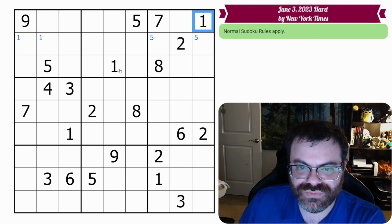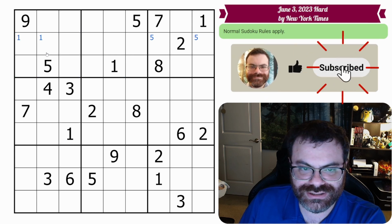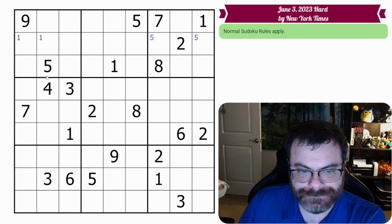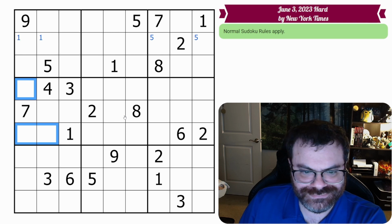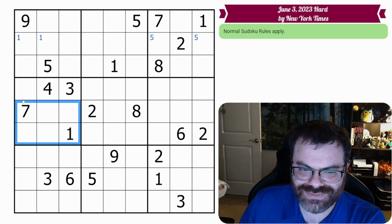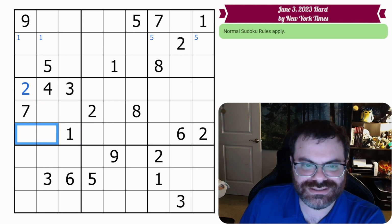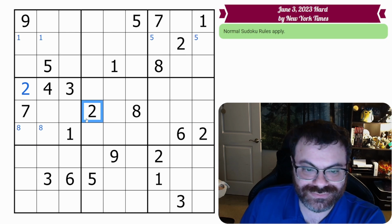Let's see. So we have the two ones here. That means that one is one of these two because one's also here, taking out of here. All right, 2 and 8 need to go somewhere in this box, and they don't go here. So they're somewhere here, which I'm going to mark, but oh, sorry, I didn't notice the 2 here. Yeah, so the red markings have told me that 2 is actually placed here, and that does allow me to mark 8s here. Okay, it's a good thing I decided to mark that. I probably would have seen this too and done that, but...